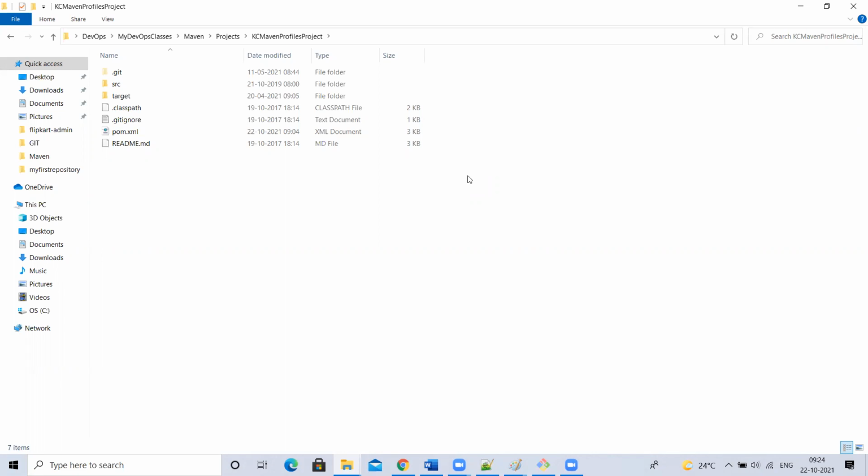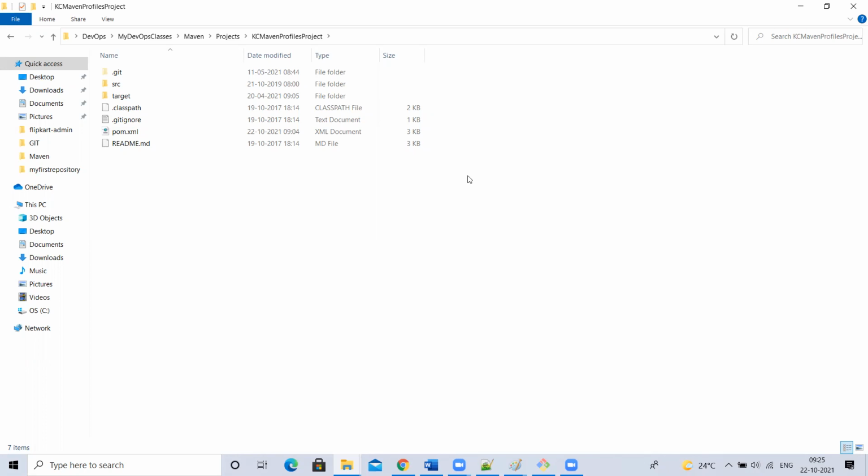Install it and then set the path. Run java -version to check the Java version. If there is any error, it means you haven't installed properly or else not set the path properly.